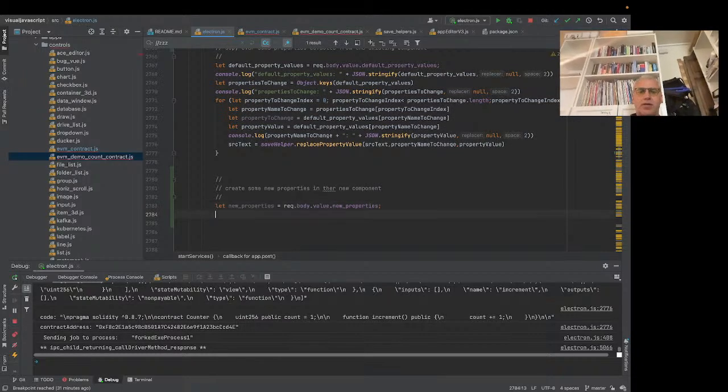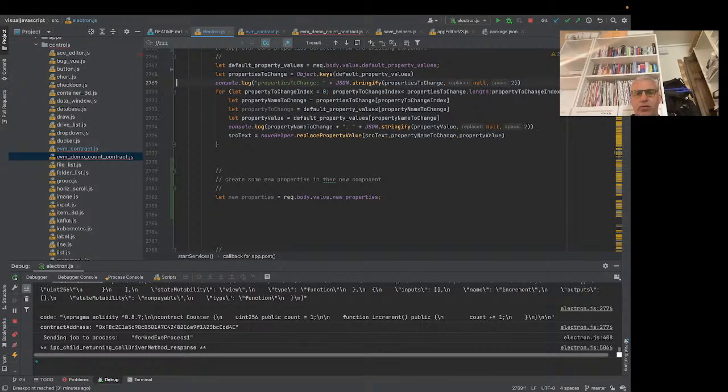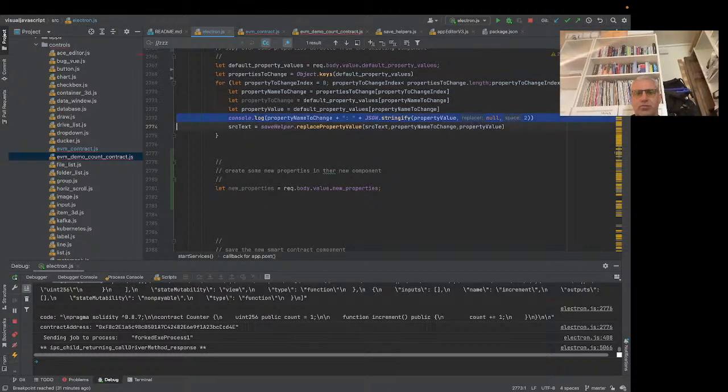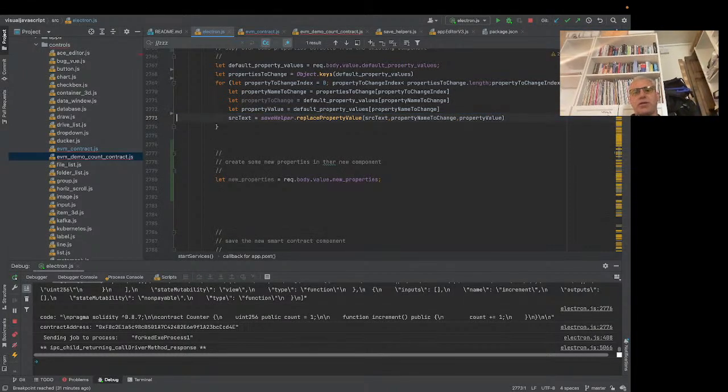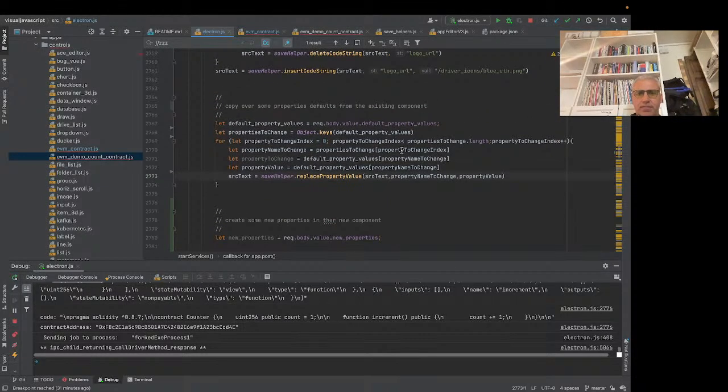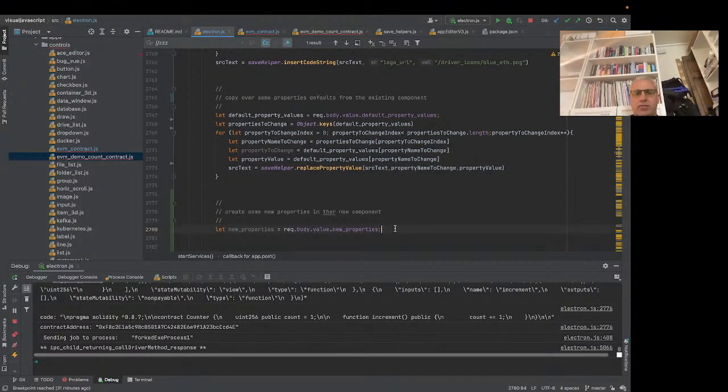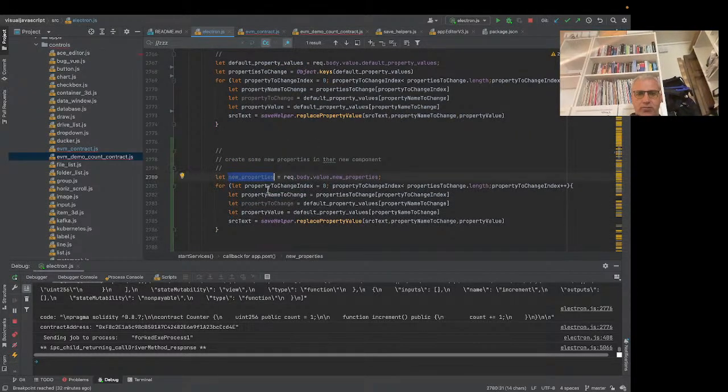And we can say, I'm not going to put all these console.logs in anymore, because now we have WebStorm, so it should make the code a bit easier to read as well. Let me say let new property index